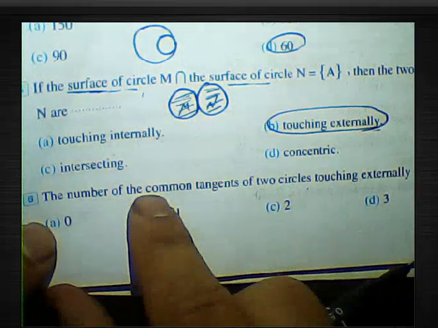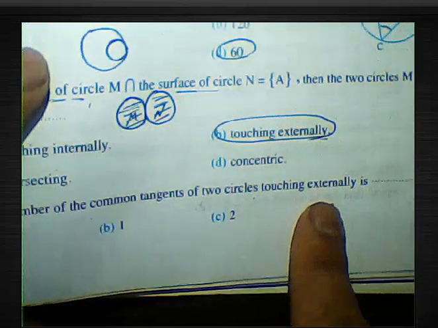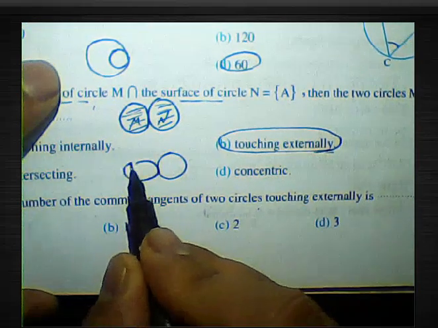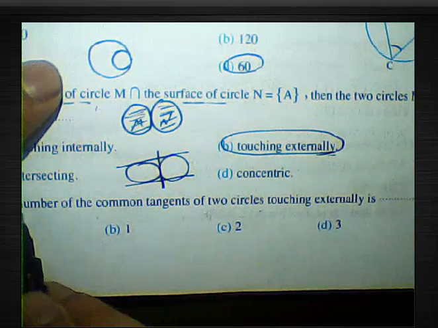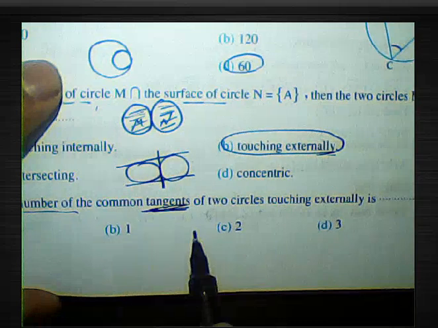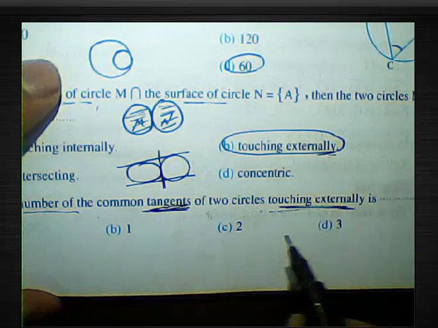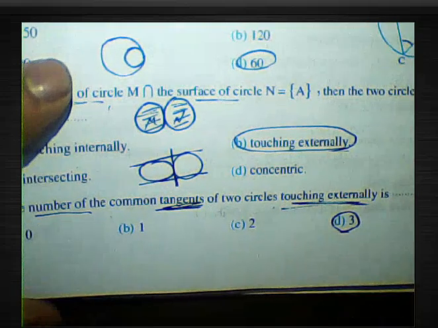Okay, the number of common tangents of two circles touching externally: here 1, 2, and 3. He asked about the number of tangents of two circles touching externally. We have 3. Touching. Okay,